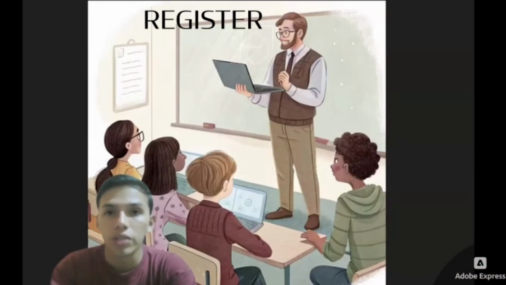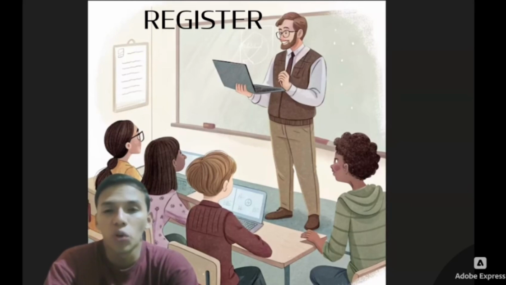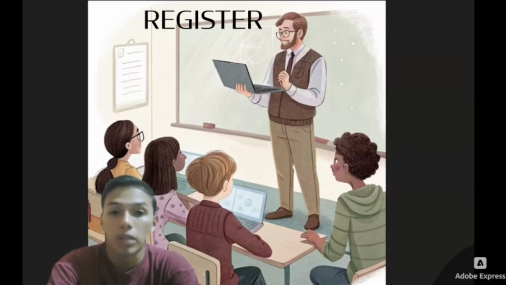Well, now about register. This is not only about formal or informal speech. This shows us how language can change between contexts, professions, or even groups. And this shows us how people can adapt their language in different contexts, for example, depending on what they are doing or who they are with. And that's what we watched in the scene, where the teacher can use different vocabulary with the students because he has another profession.